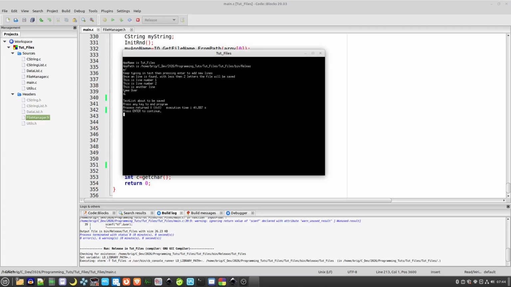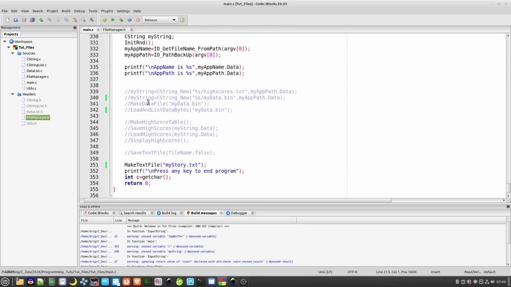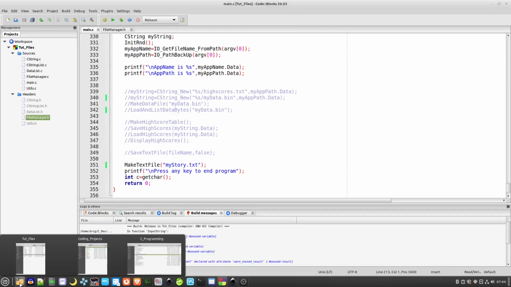And there you go, just type in a single character to end it there. And then it says the text list is about to be saved, and then press any key to end the program. Now if we navigate to the file path here,